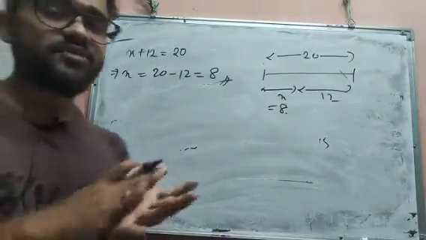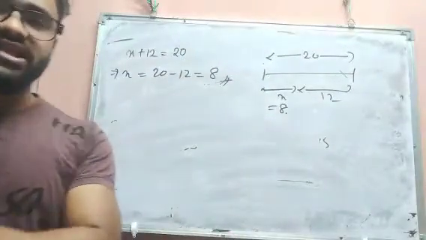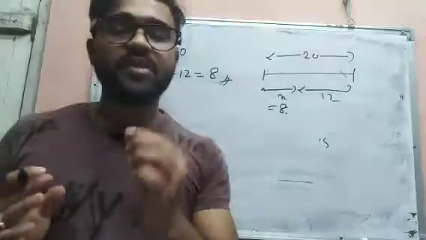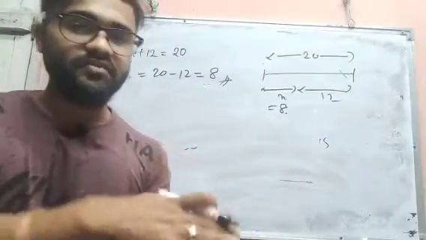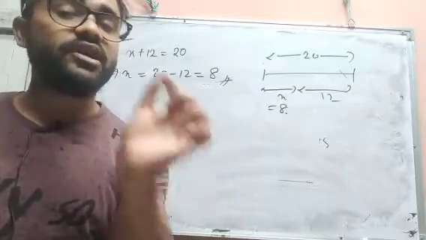Okay. So this is some way how to do some linear equation, and a very simple way. We have to just transport the number from the left hand side to right hand side, or right hand side to left hand side, or we have to separate the terms which contain the variable, and separate the number which is only the constant term.